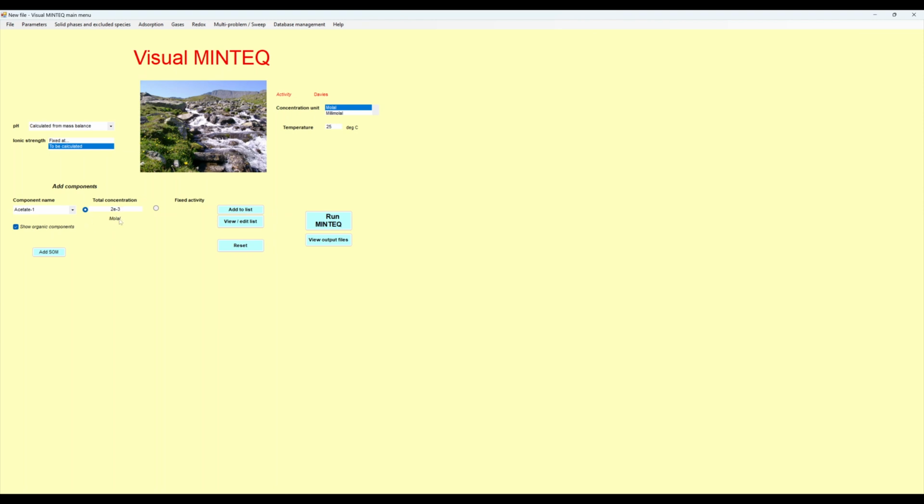The same was for Excel also. So acetate 10 to the minus 3, add to the list. Then we have also proton. The total proton that was added because of acetic acid was also the same, 10 to the minus 3, add to the list. So now we're done with the species that was added to the list, but these are not the final species